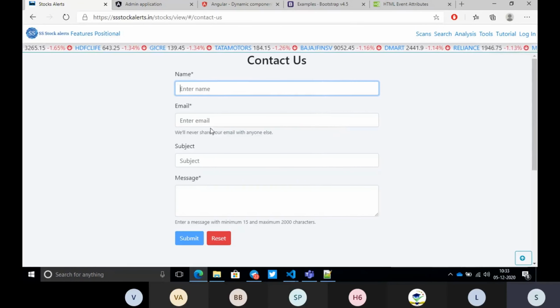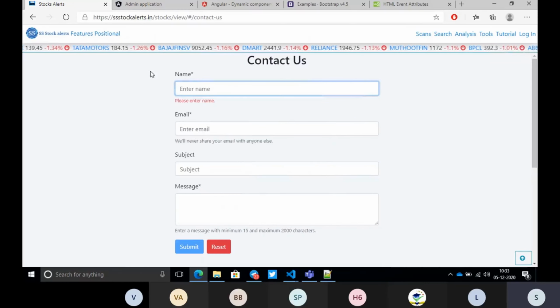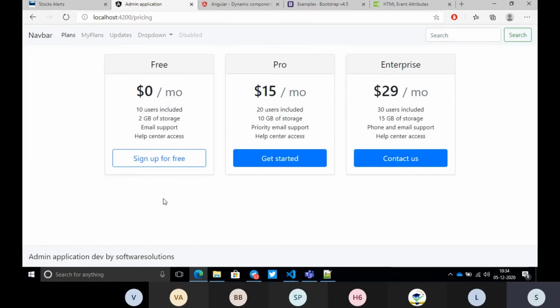Here I have a name and email, and once they click submit, this data will go to the respective server. We want to add only the name, not the other things. Whatever we are typing here, we want to get it. So how do we get that?